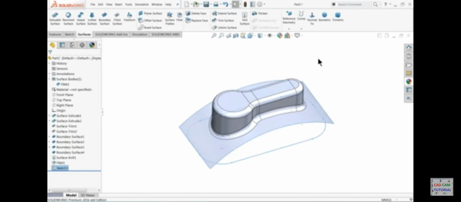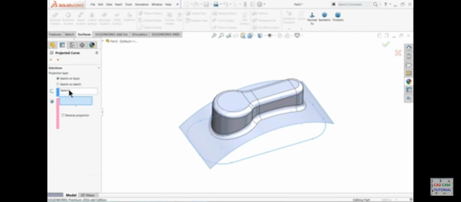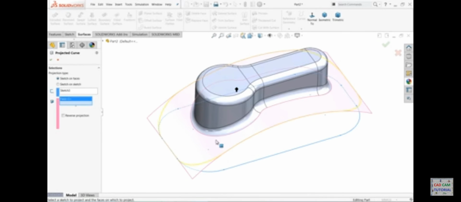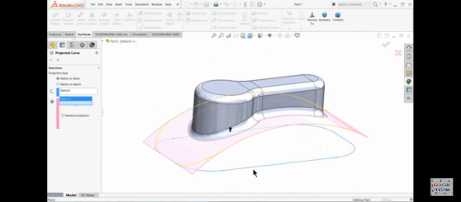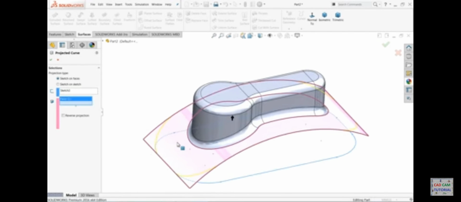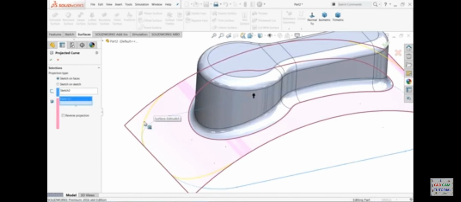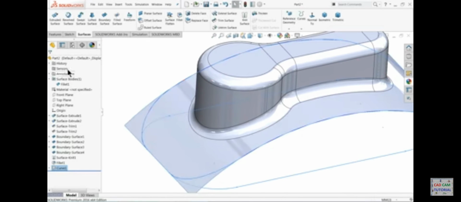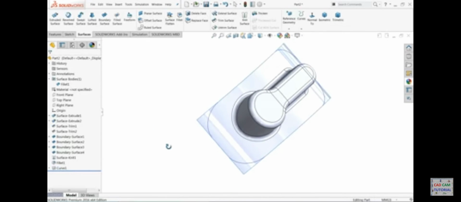Now simply exit, and here one option, project curve. Select project curve. We want to apply this sketch on this surface. I'll select this one. Keep the direction upward, because our sketch is below this surface. So here we selected the sketch and the face where we want to apply this. So you can see the preview here. Okay, now see,